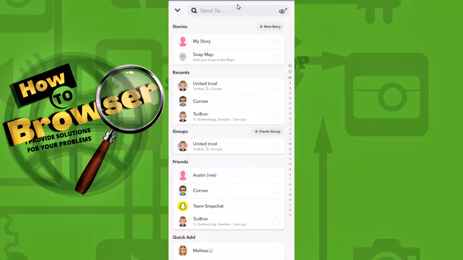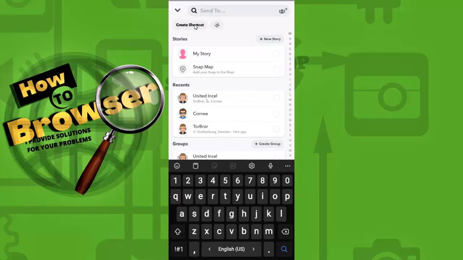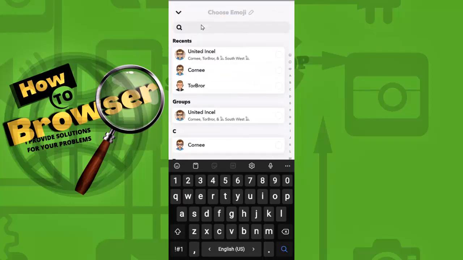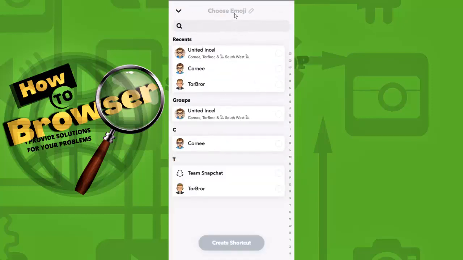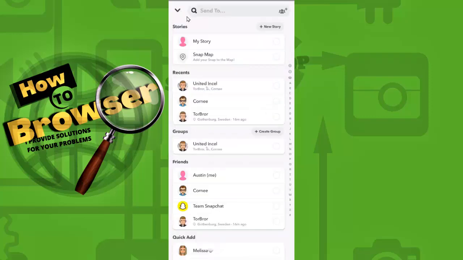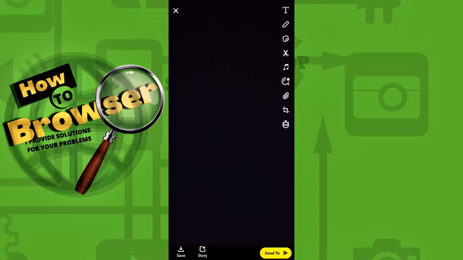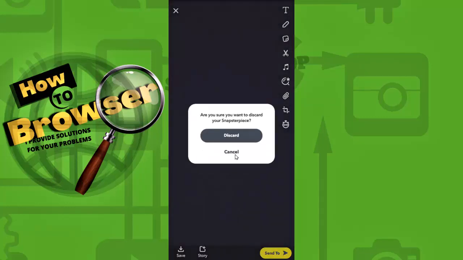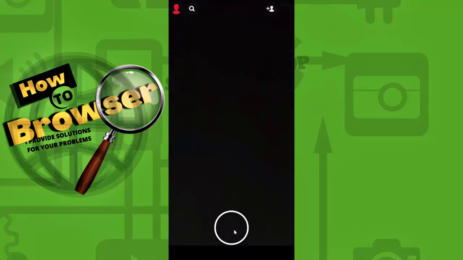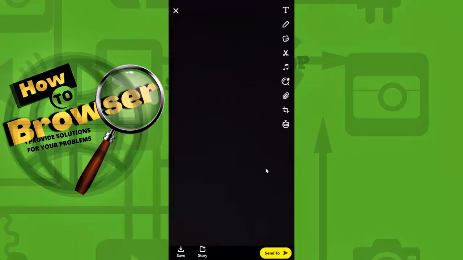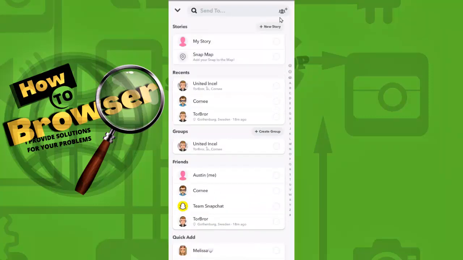Shortcut created, as you can see here. And here guys, when you tap send to, you can create more shortcuts if you want. You can choose an emoji, add a few contacts, and create the shortcut. Now guys, when you go back and create a new Snap and tap send to